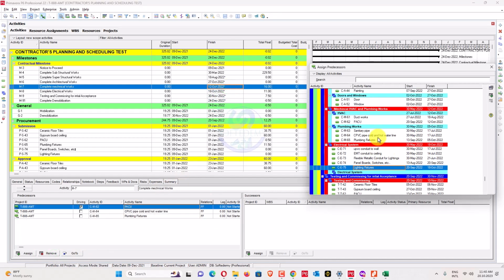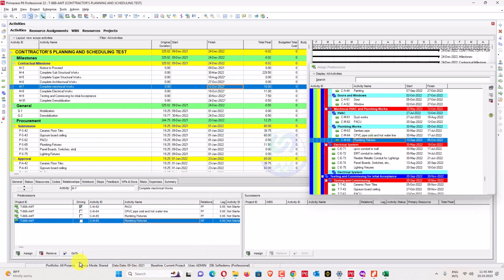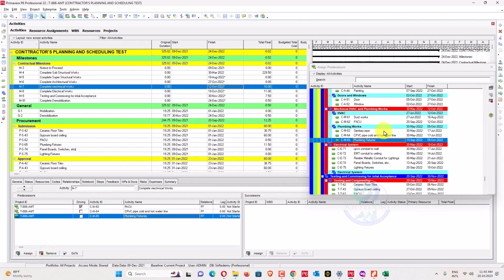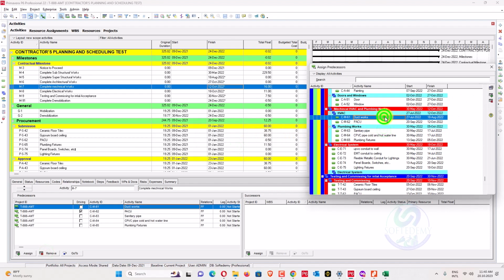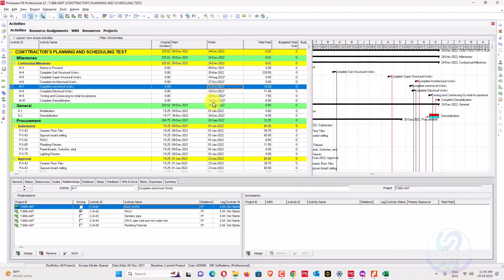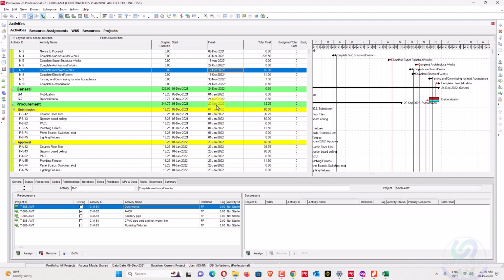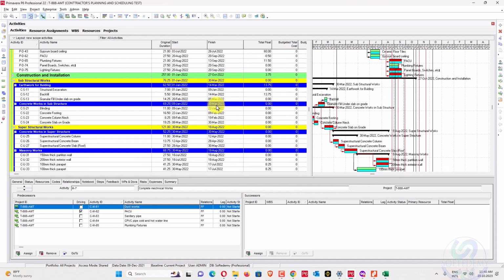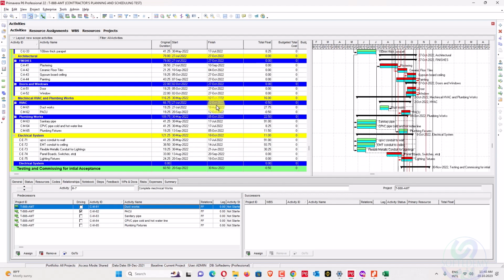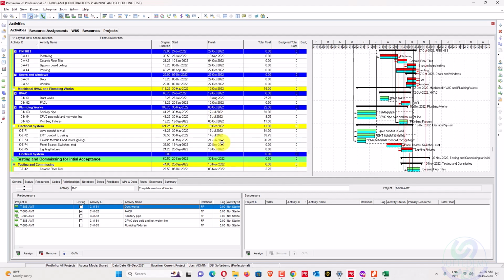Now for the mechanical work, already we have added the plumbing fixture, CPVC, PACU, sanitary pipe, and duct work also we added. 16 days we have more, and 11 days more we can add here. But we can see here we cannot go ahead.